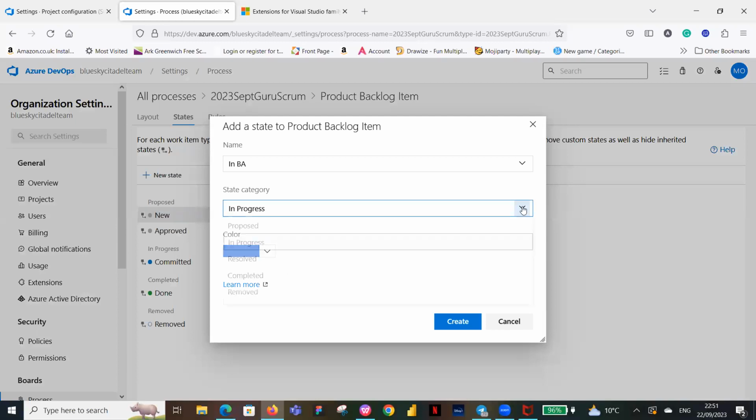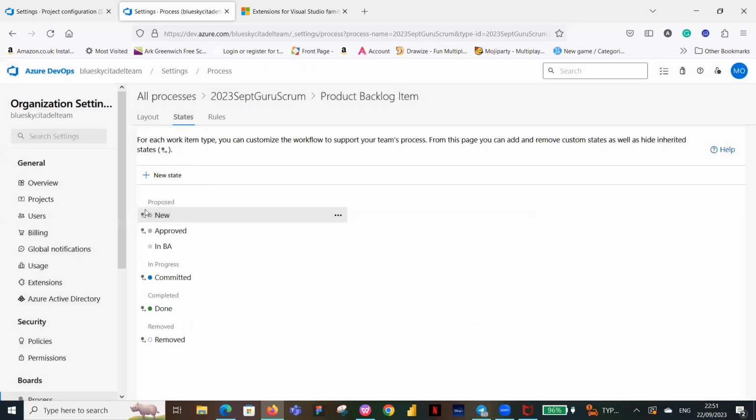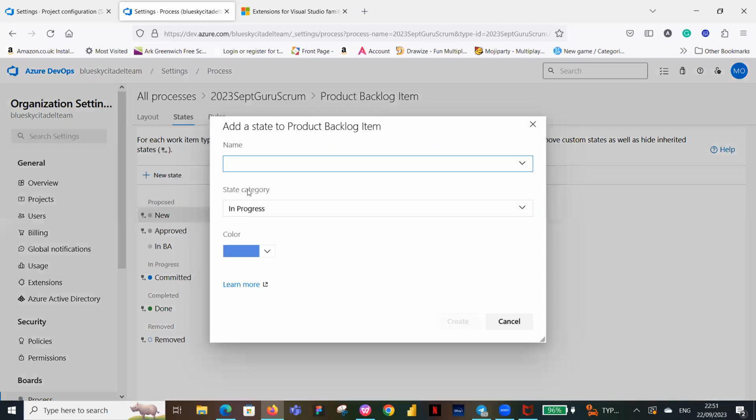Okay, so if you open this backlog, if you open the drop down, you can pick proposed, and that's the one that takes it back to the backlog, and then I'm able to create it. So it stays with new, and you can see it's staying with new and approved on that side. And then if I click another one for BA done,